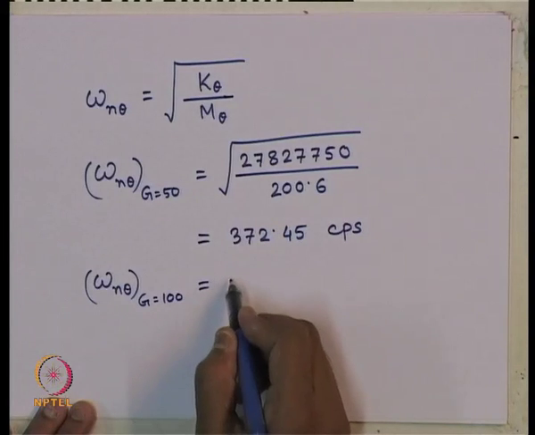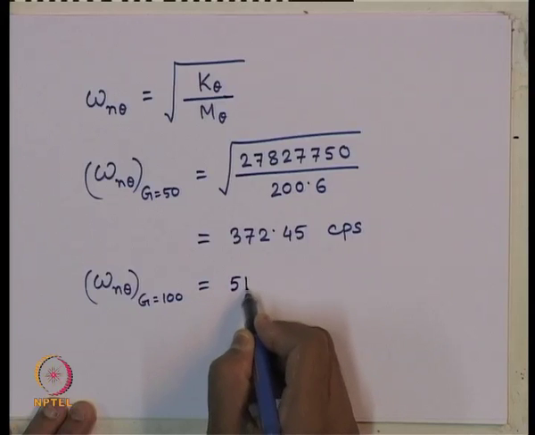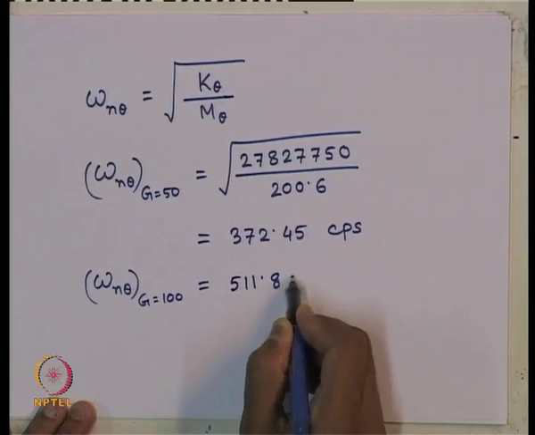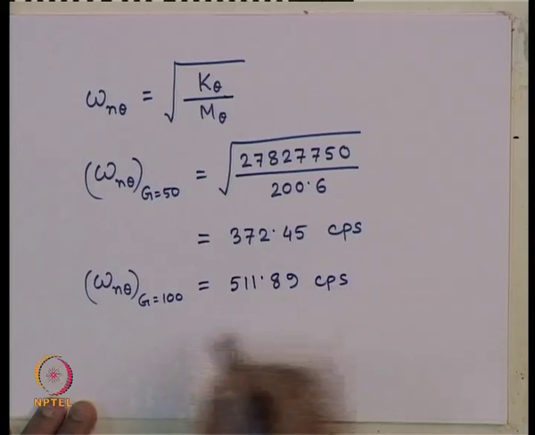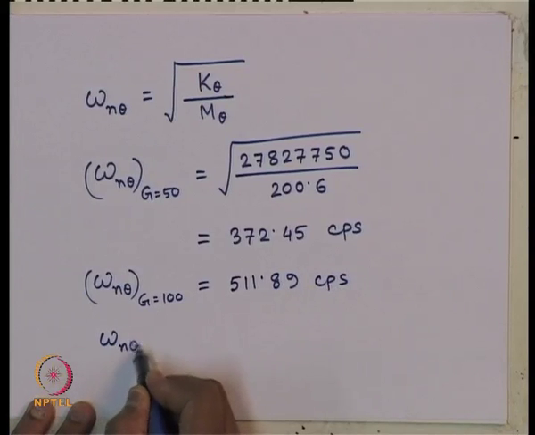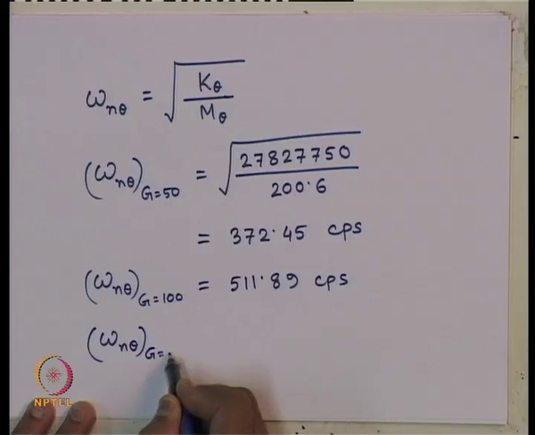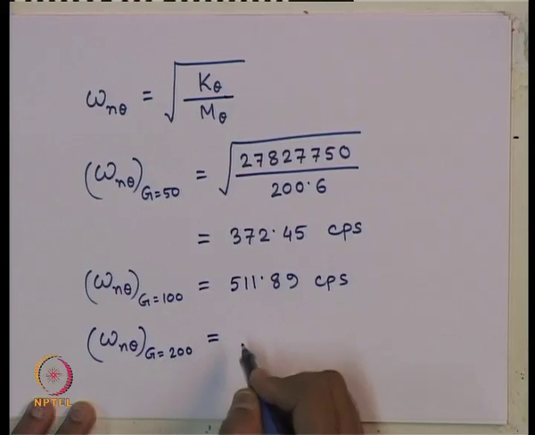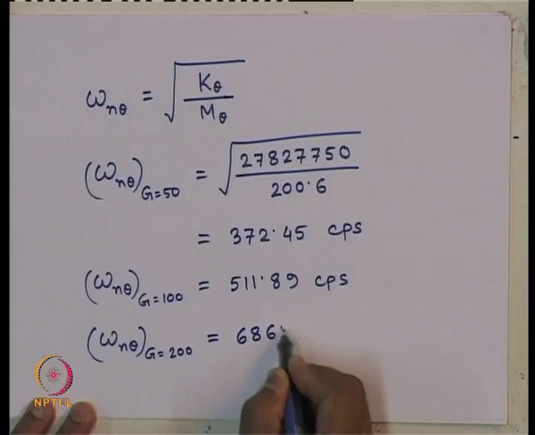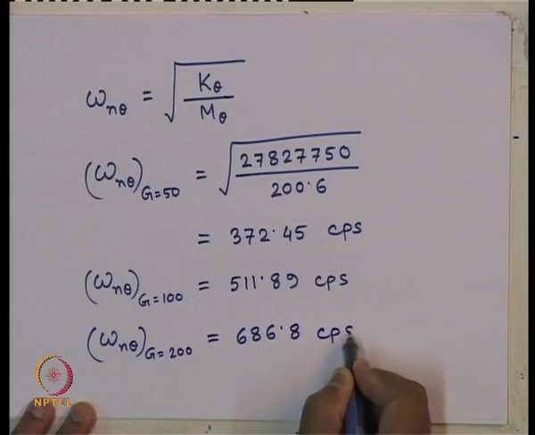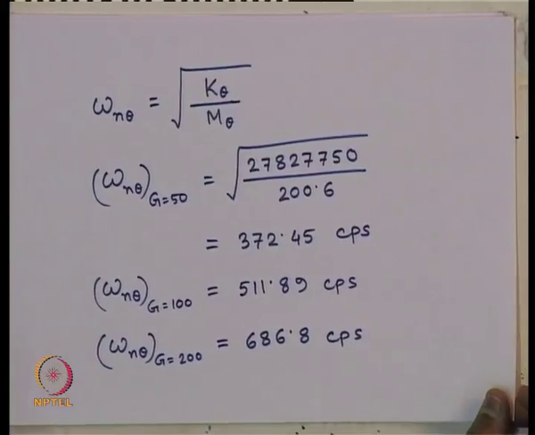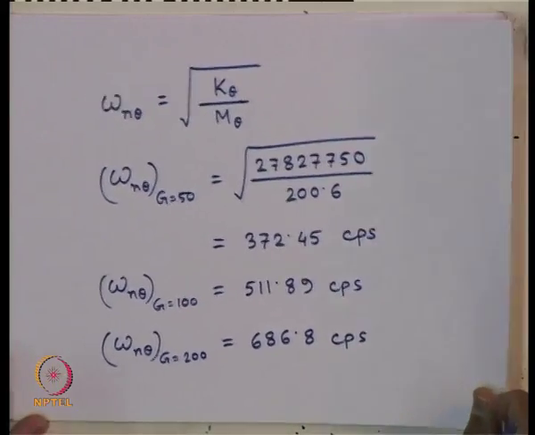So, by putting those values we are getting 511.89 CPS and omega n theta for g equals to 200 will be 686.8 CPS. So, once we obtain the natural frequency, now we are ready to compute the value of displacement amplitude